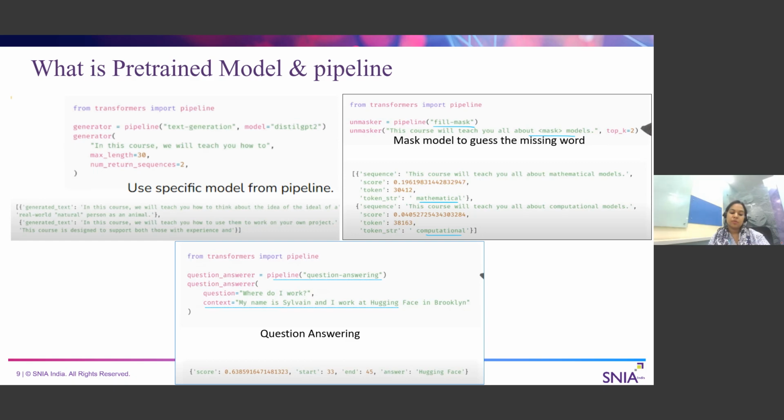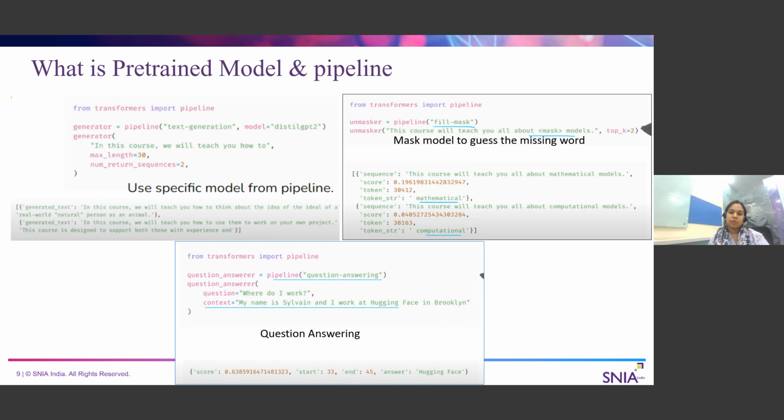So these models are not specific for any particular task, but they are good at understanding the basic context, the basic grammar, right? And how we can use them? Some of the popular pre-trained models can be like BART or GPT or RoBERTa. Now, how can we use those models?